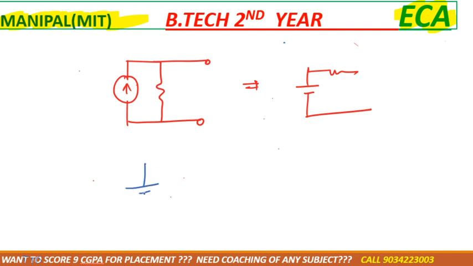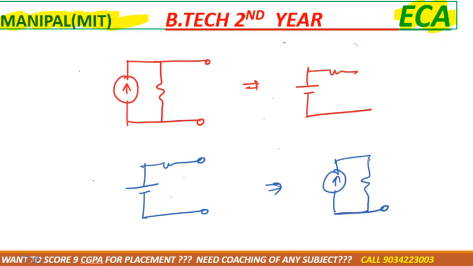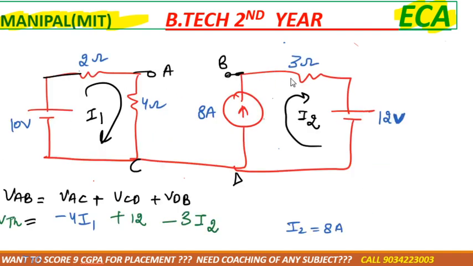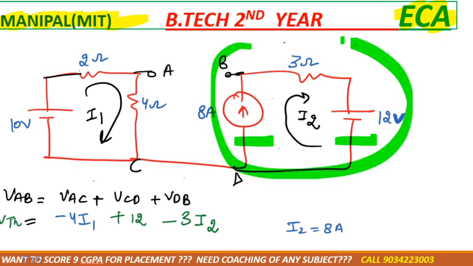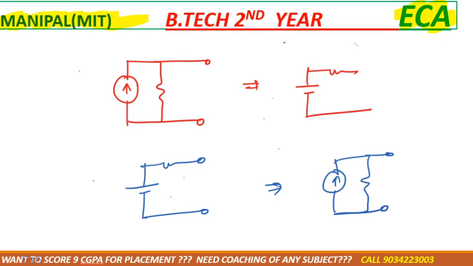But if you convert a voltage source into a current source, then our mesh increases, and if mesh increases, then our work increases, right? First thing. But in this case we can't convert. Here we have both a current source and a voltage source. In this condition we can't convert it, we have to take this condition only. Okay,